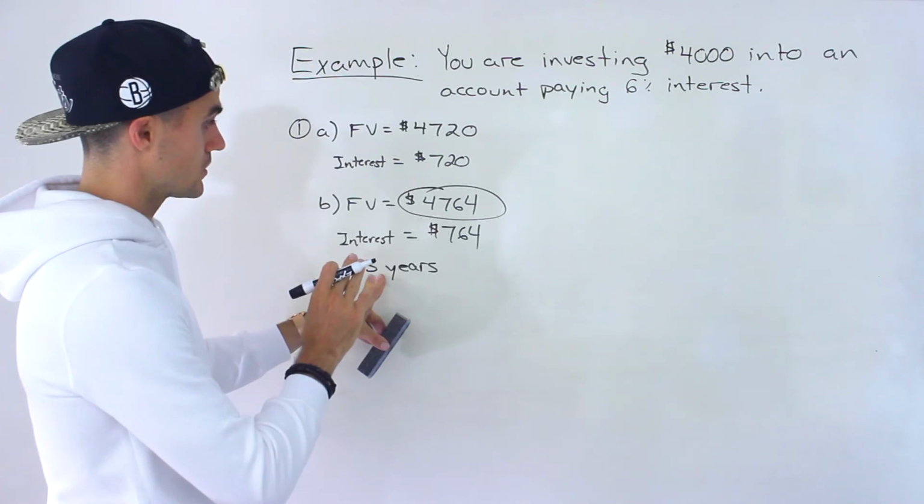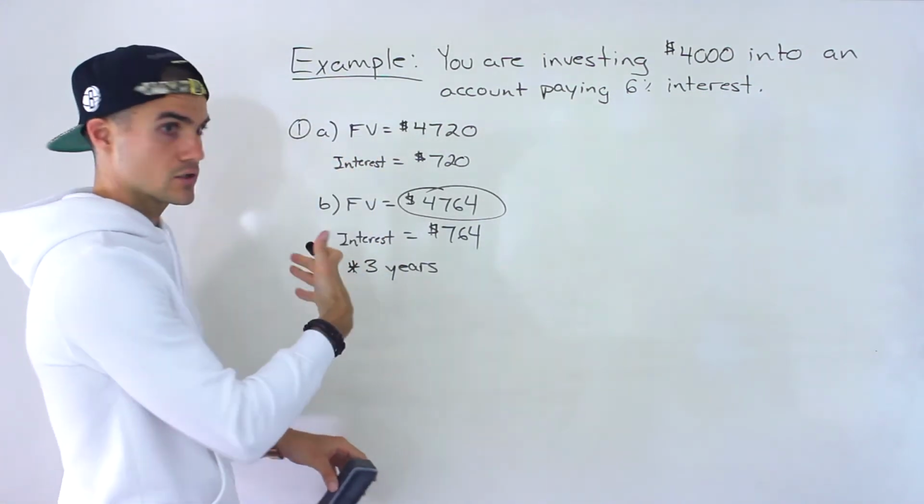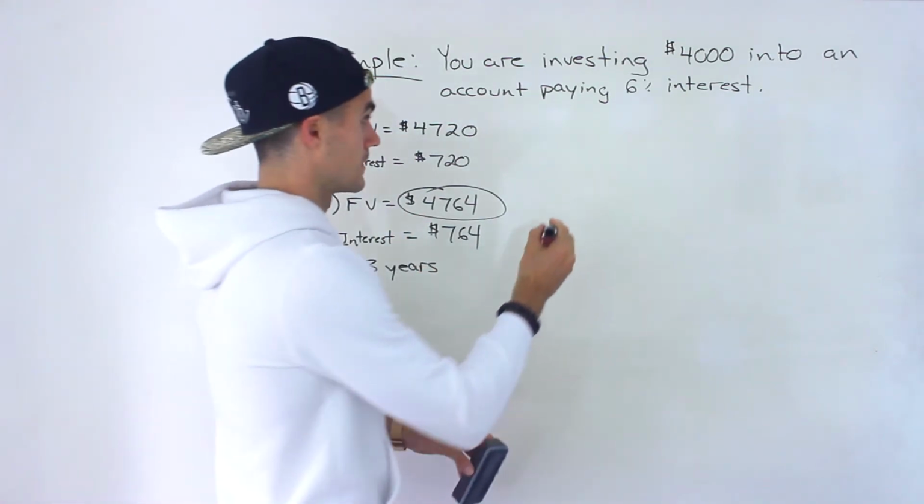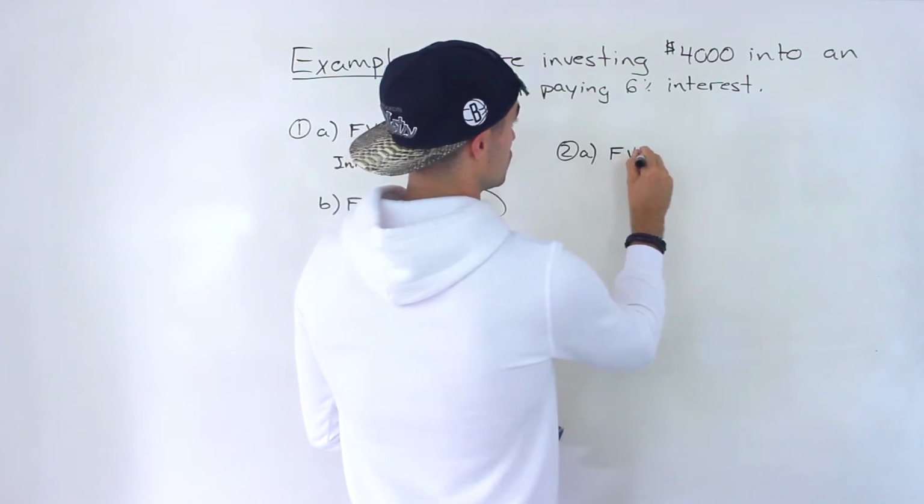So everything else is going to stay constant: the interest rate, the present value amount. It's just now we're going to do it for 6 years. We're going to double the time. So 2A, the future value,